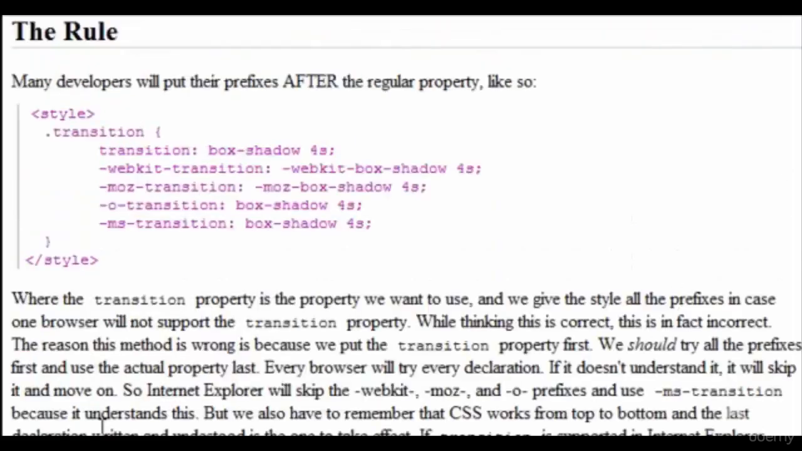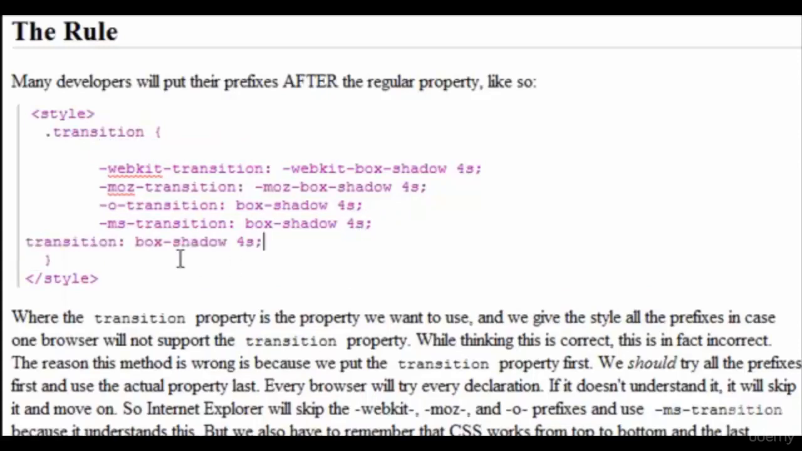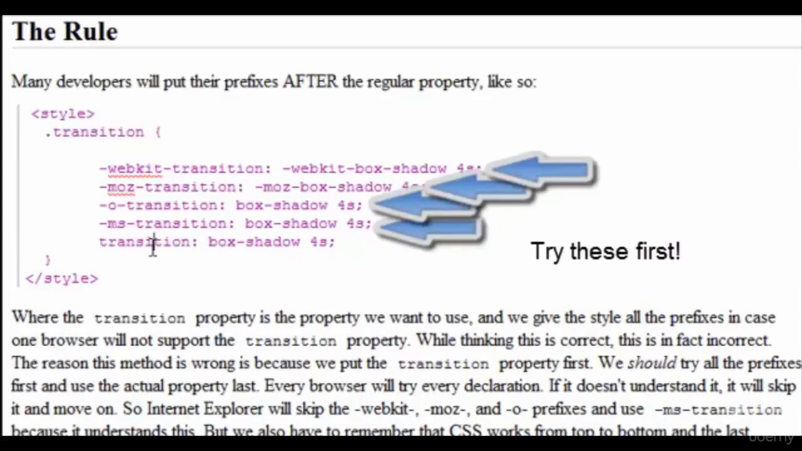Now there is a rule for prefixes. Many developers will put their prefixes after the regular property. For example, if we had a transition, they put the transition property up here, then they try to support it in WebKit, Mozilla, Opera, and Internet Explorer, but what they did wrong was they put the transition up here. So how this should look is you would get rid of transition at the top, and you'd put it at the bottom. You always want your prefixes above the regular version,